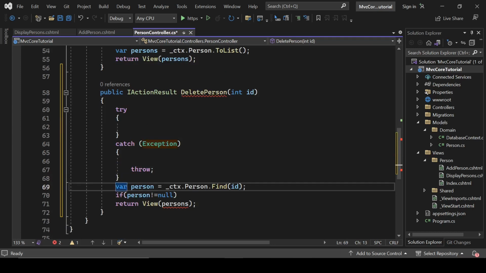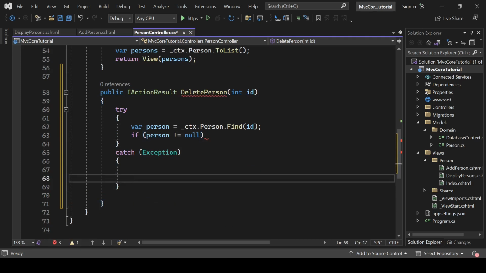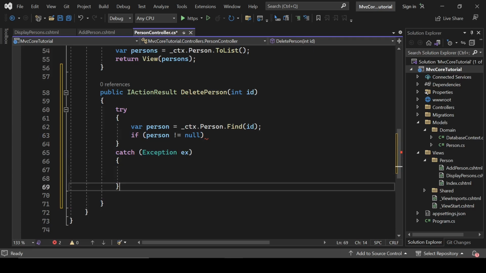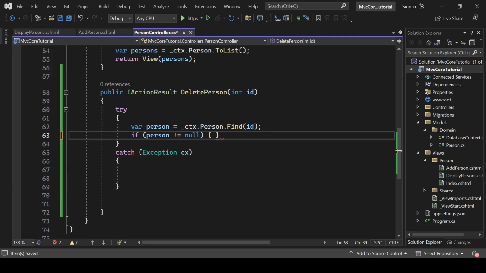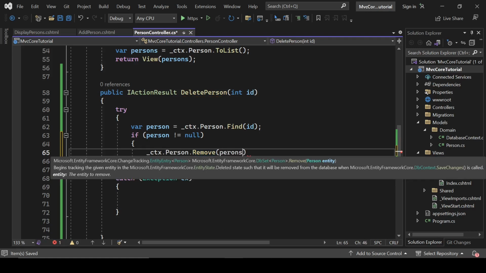So we will define it inside this block, and ex. Okay, if person is not null, then we will remove it. So right here ctx.Person.Remove, add person,